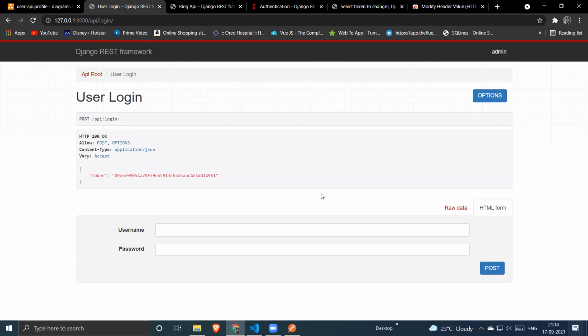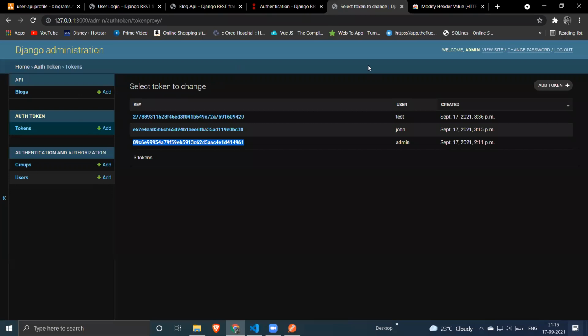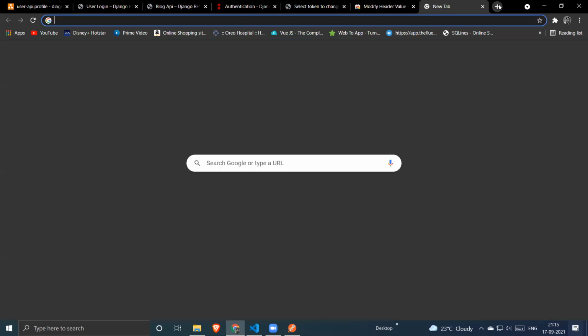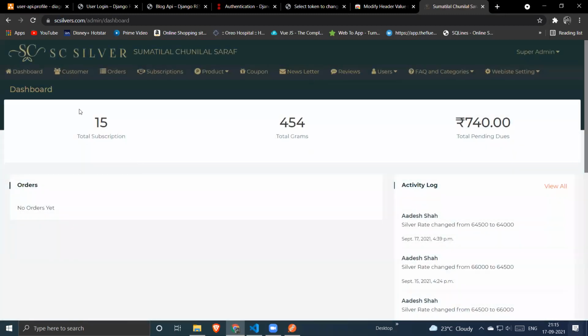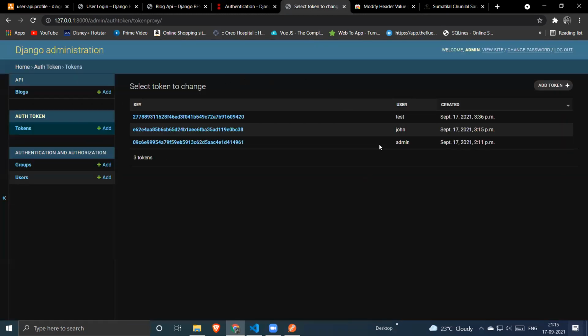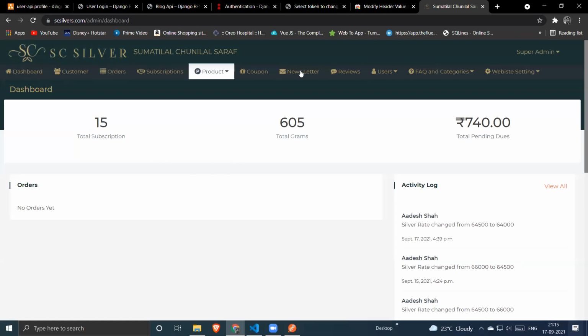There is one more thing. Most websites do not use the predefined Django administrator. They have their own custom Django admin. So most websites build their own admin panel for Django. Let me show you. For example, this is the admin panel for this particular website. The same functionality we have in the Django default administration, you will have to perform in the custom admin panel. This is also something people ask you to do.